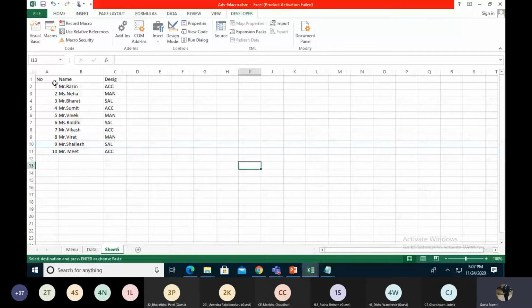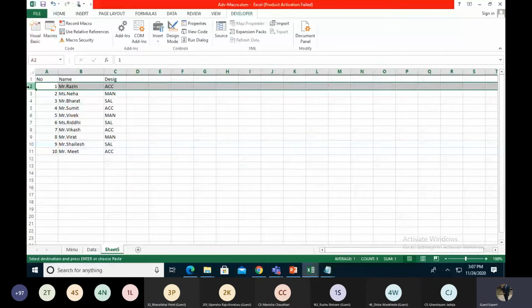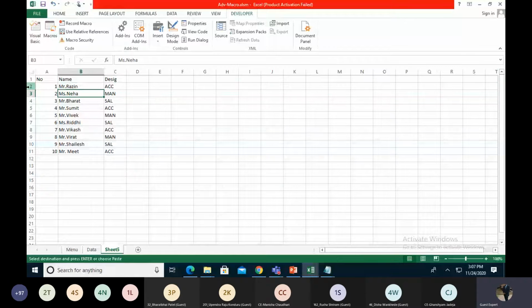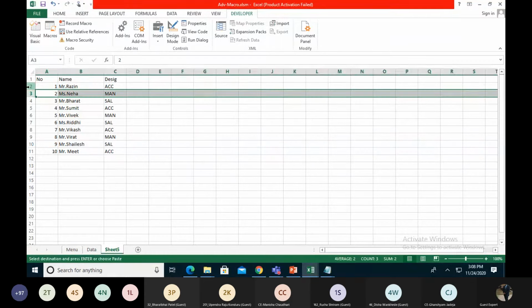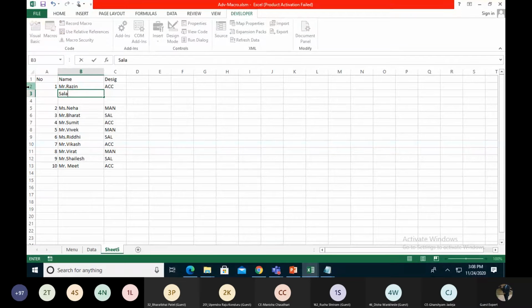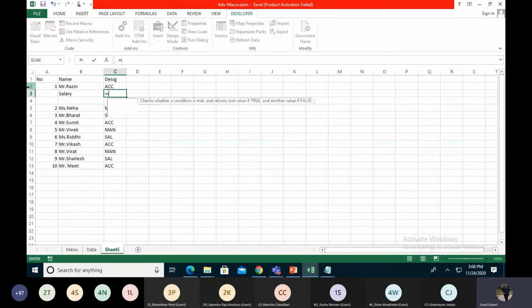My task is that I want the data not horizontally but in landscape orientation. So: salary, and within an if condition I'm checking the logical level. I'm putting in any value right now, 15,000.